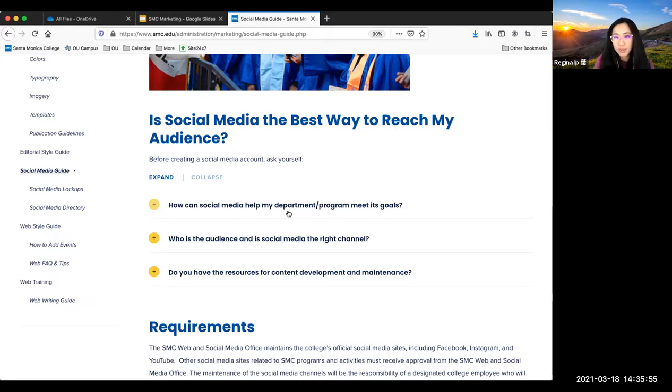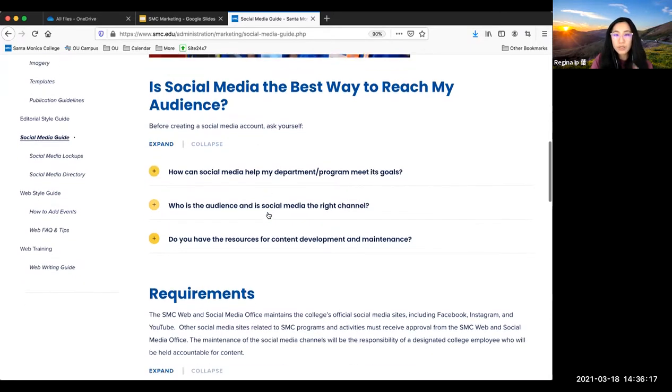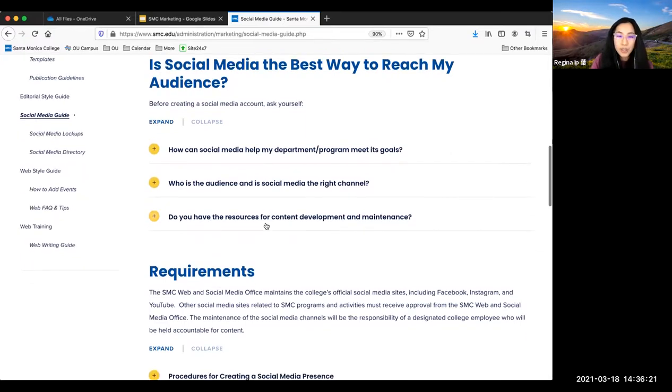You have to grow it, or else it won't grow itself, and you have to engage with folks. You have to create content. Some of the things that we mentioned earlier, like the planning and the development for social media to make sure it's effective, it involves a lot of work. So we encourage you to look through this and think about what your goals are, if social is the right channel,